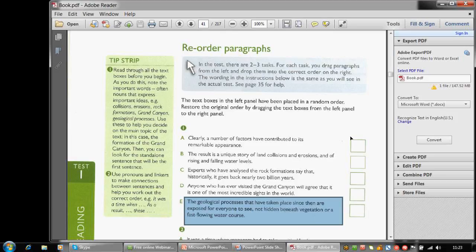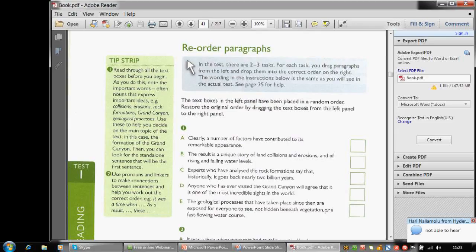Done. Next. What next? Placing a paragraph in the first position does not mean that you have scored the point. Assume that it is right, but still you don't get points for placing the first one in the first place. Coming to the next, what we do is pick up the one which is going to be the final conclusion, like